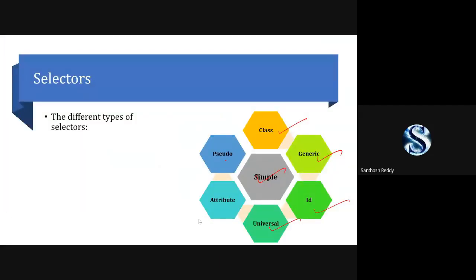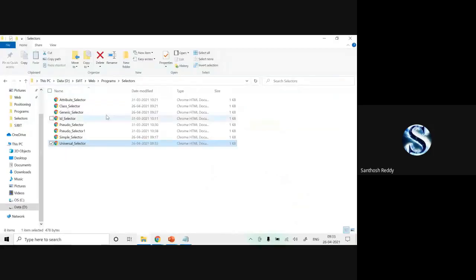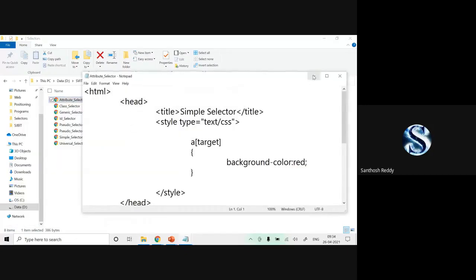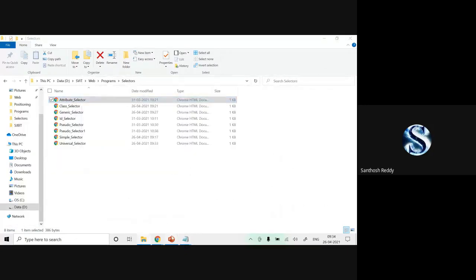Next, attribute. What do you mean by an attribute selector? Can anyone say that?